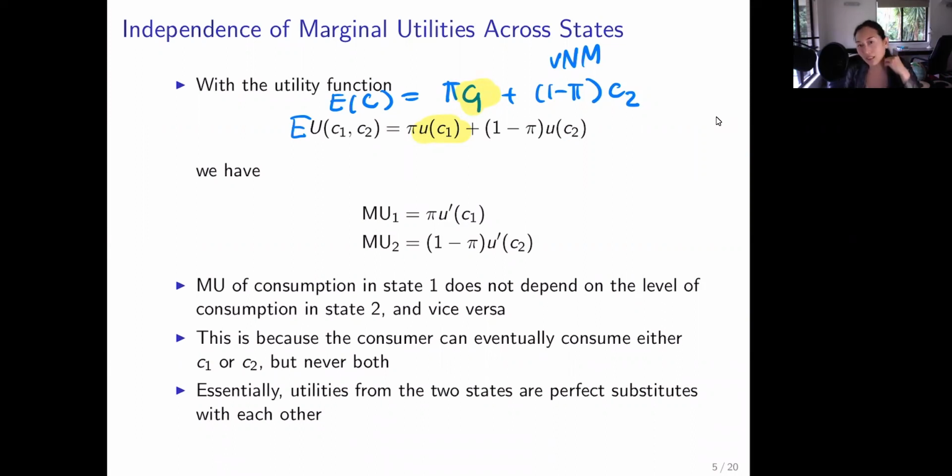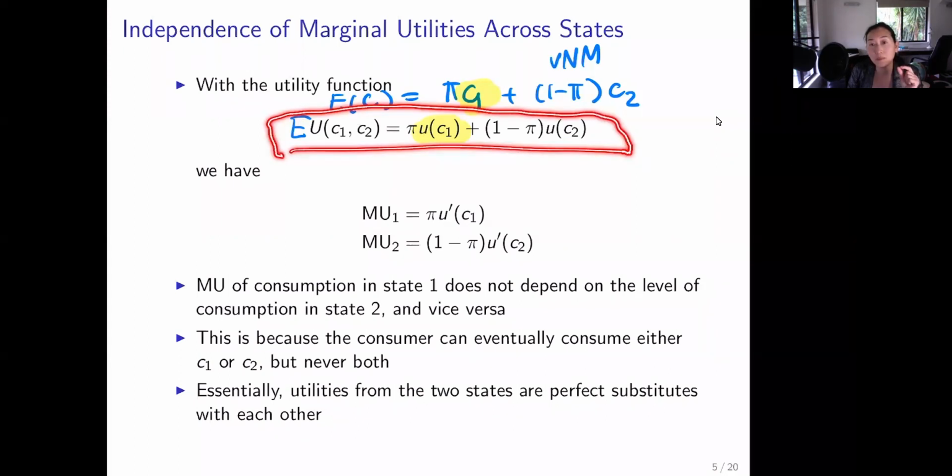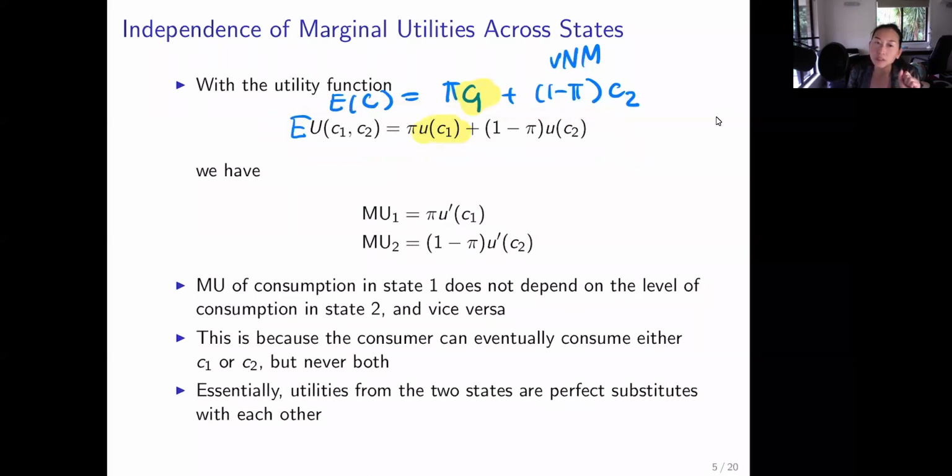As I make it very clear, hopefully I reduce the number of students making this mistake. Okay, so now we are here at the expected utility function, probability multiplied by utility value. Therefore, if you take the partial derivative of this expected utility function with respect to C1, you will get that,